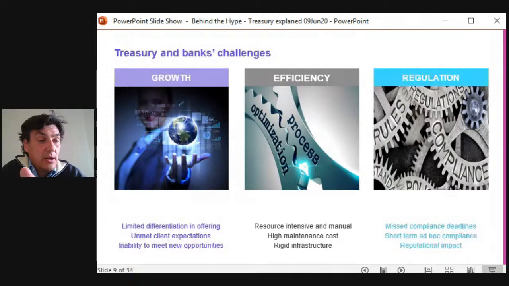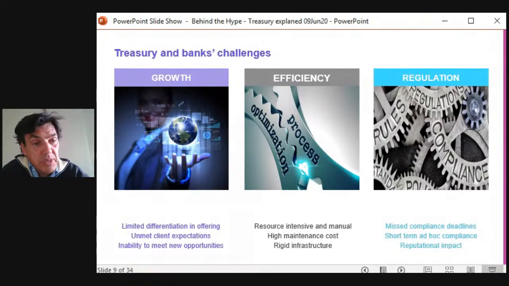But in the end, what is interesting is that the banks and the Treasury, they want to find ways to differentiate themselves from the other banks, from the competitors. They want to meet the client expectations, clients being either individuals or corporations. And very often there are new opportunities. So again, for example, with COVID-19, they had a role, and the Treasury were really deep in that. They had a role to distribute loans very quickly to small corporations to make sure that they would still be alive with the crisis. So that's one of the challenges for the Treasury.